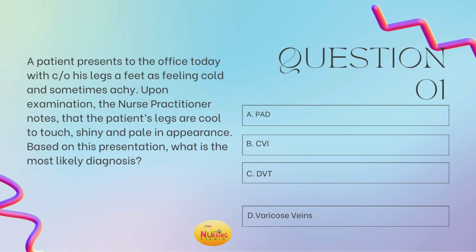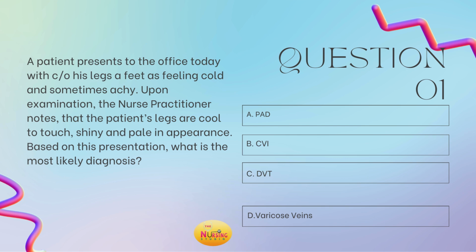All right, so I always recommend reading the stem of the question first, so it allows you to slow down to ensure you're answering what is even being asked of you. So here, the stem of the question states, based on this presentation, what is the most likely diagnosis, right? So let's figure out what is the presentation. If they're asking for a diagnosis, you want to run it back and look at those assessment findings, right? So this patient came in, they're complaining that their legs and feet are cold to touch, they're sometimes achy, and the nurse practitioner notes that the patient's legs are shiny and pale, and they are cool to